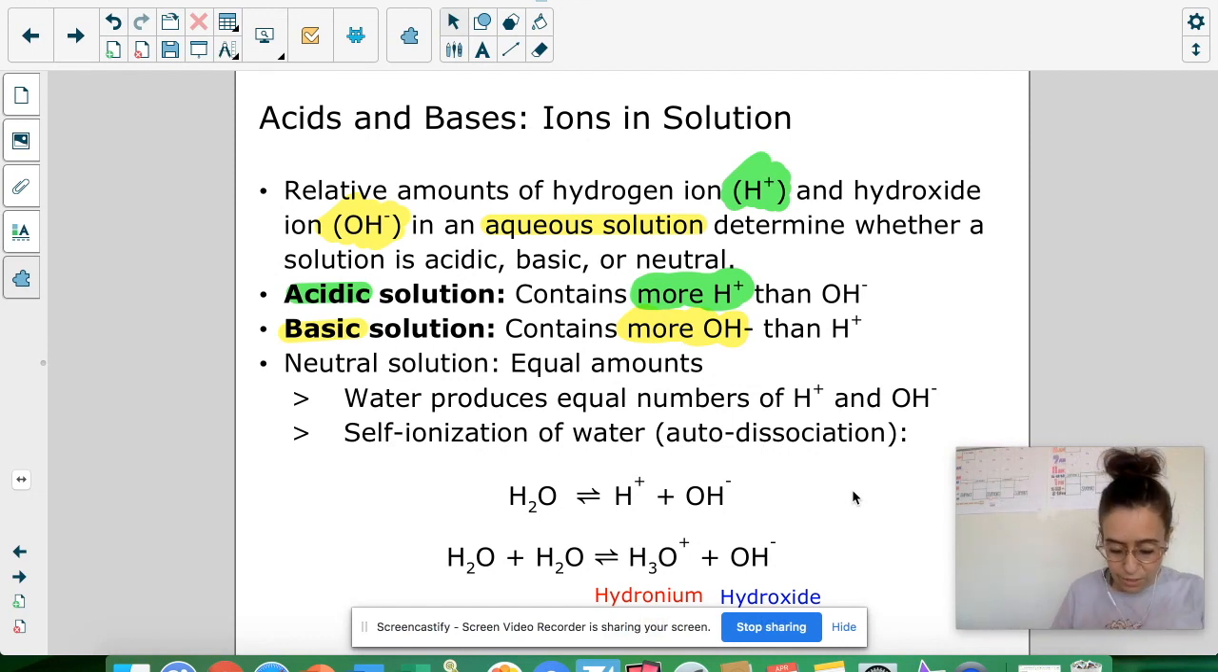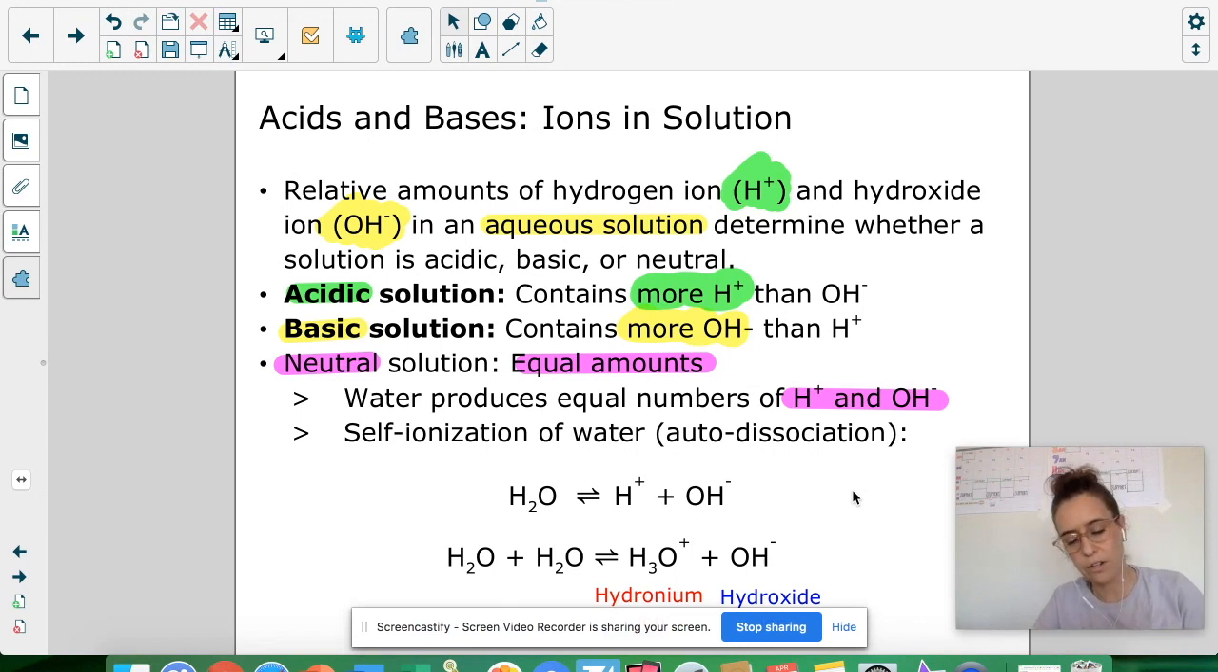If our solution is neutral, I guess that you already know what that means. Neutral will mean that we have the same or equal amounts of hydroxide ions and hydrogen ions in that solution. Okay? Water produces the same or equal amount of hydroxide ions and hydrogen ions. If we actually break the molecule of the water, which is the dissociation of the water, this is what we find. If we find out that the water breaks into H plus and OH minus. This is called the